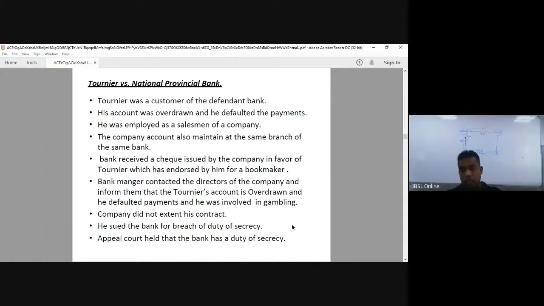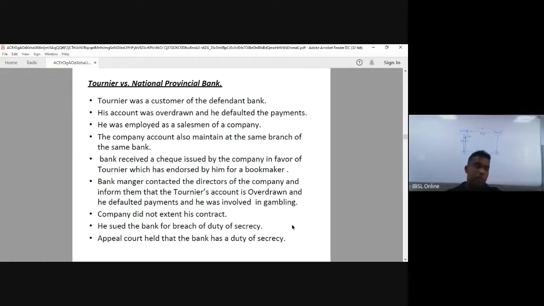So he sued the bank. He filed action against the bank for breach of duty of secrecy and asked for damages. The court held the case in favor of Mr. Tonia and ordered the bank to pay damages to Mr. Tonia for breach of duty of secrecy. So therefore, it is very clear now,